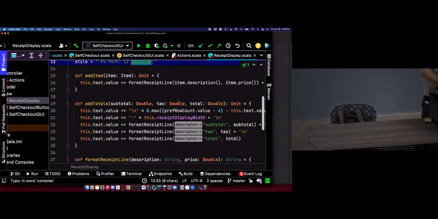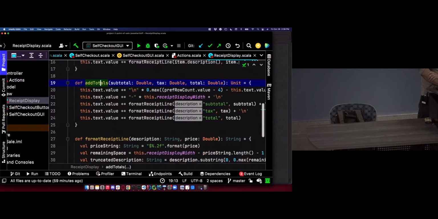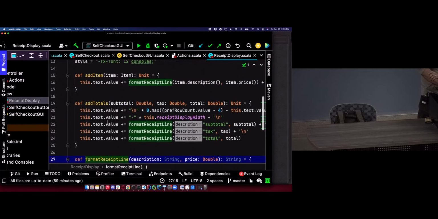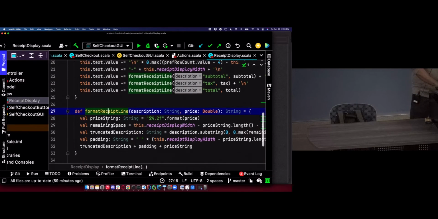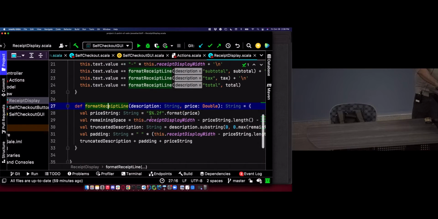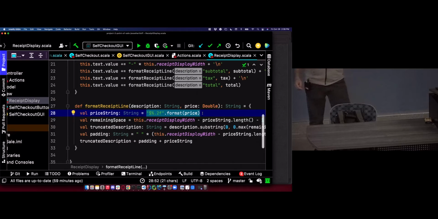Or if it's working on Windows anymore even. But anyway, and then we have a few methods: add item, add totals, and format receipt. I'm not going to go through all this, but this is how things are formatted when it's displayed. The one thing I will point out is when things are displayed on the receipt, I'm using this little bit of logic here to be able to round the prices to 2 decimal places,